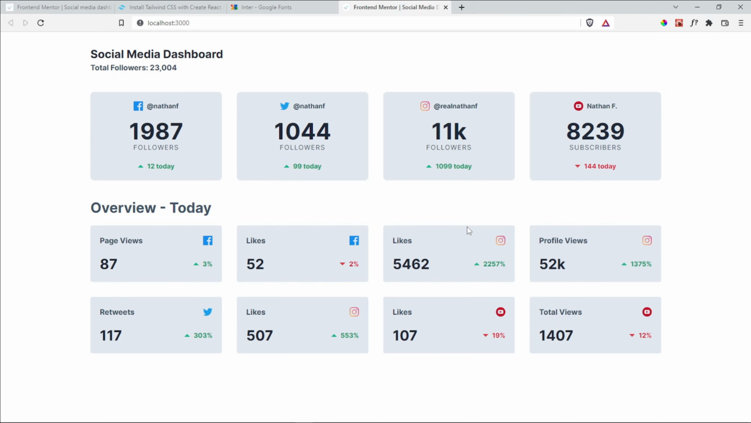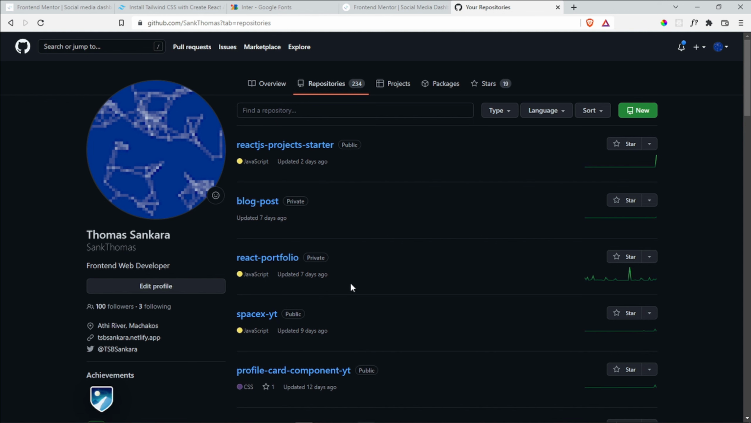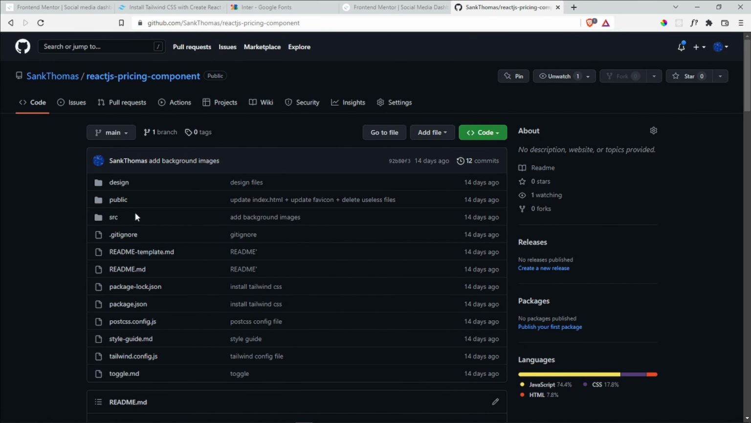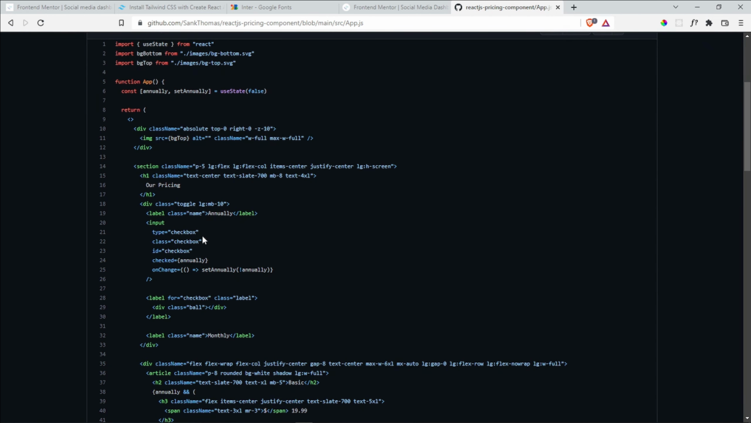I'm going to go into my GitHub profile and look for the toggle. So let me go into GitHub, and I have a repository that we did for the project the other day that is called profile card. No, it's called pricing component. And inside pricing component, where did I put the toggle? Is it in app.js? Let me see. The toggle is this one right here,